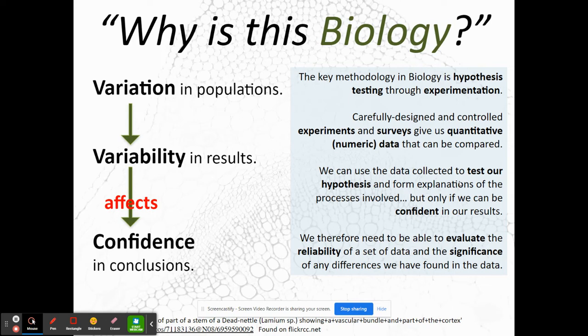So we know that within any population, there's going to be variation. And within that variation, there is certain variability. What that means is, in a whole population, that is the number of things that are different and how different they are. And that is going to affect how confident we are in our conclusions. What that means is if we say,